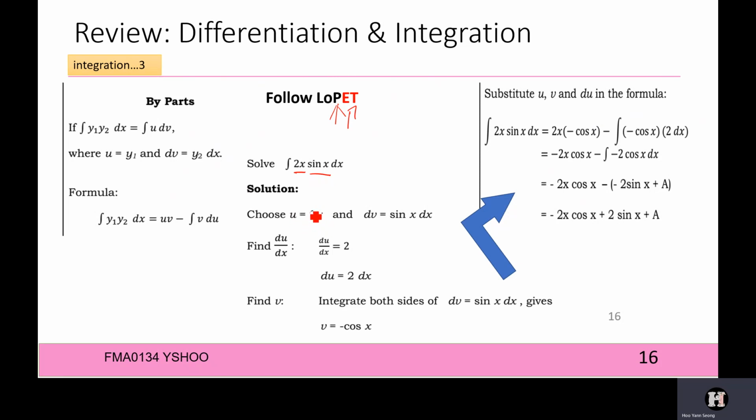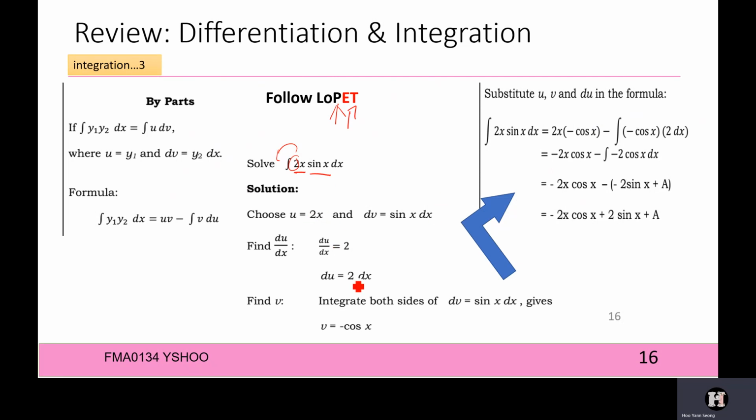so directly you just choose u as 2x. If you don't want to use u equals 2x, you can always keep your 2 outside, also doesn't matter, but don't forget to take it back later. So your u equals 2x, dv equals sine x. So you need to